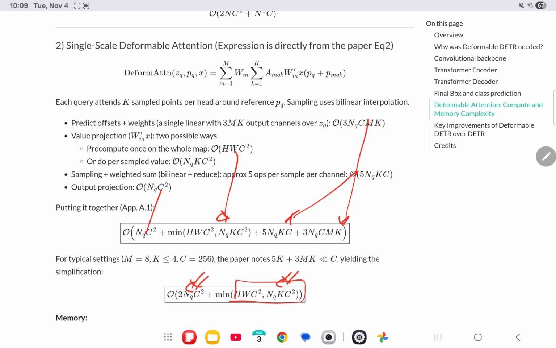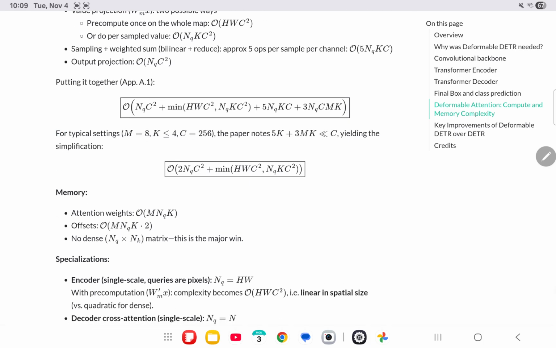So these two, the value projection and the output projection, are coming as a dominant term over the self-attention term, which was the case in DETR. So we have that here, and these are smaller matrices compared to what we have in DETR. So in the end, I will show a